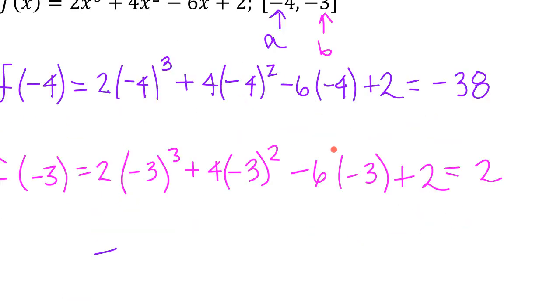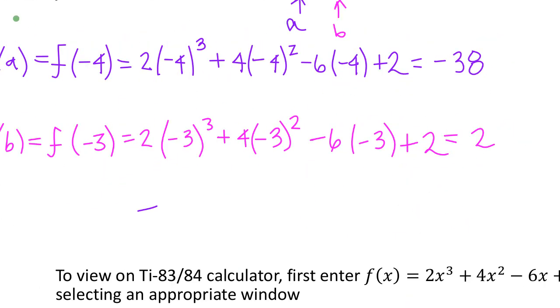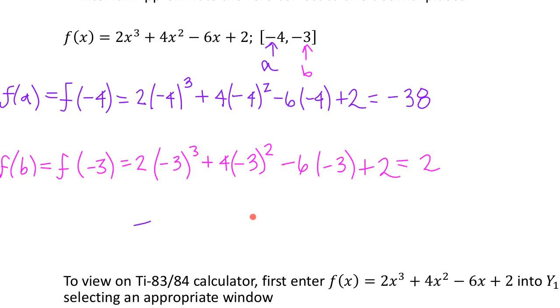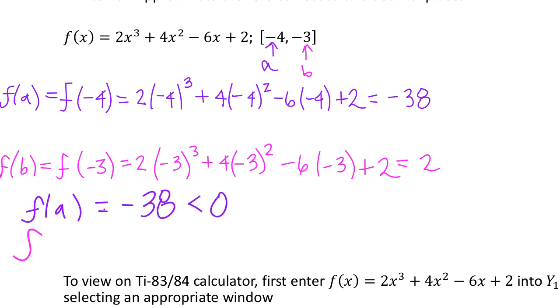Now, what does this mean in terms of the intermediate value theorem? I'm going to zoom out a little bit. Think about this. My f of a is going to be equal to -38. Notice this is less than 0, right? And for my f of b, or my f of -3, that was equal to 2, which is greater than